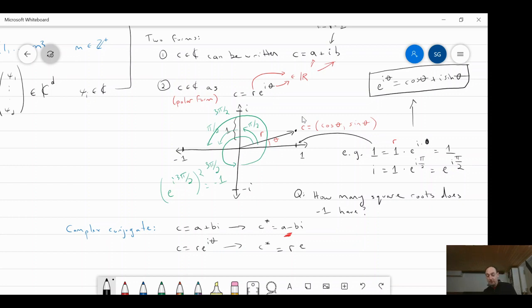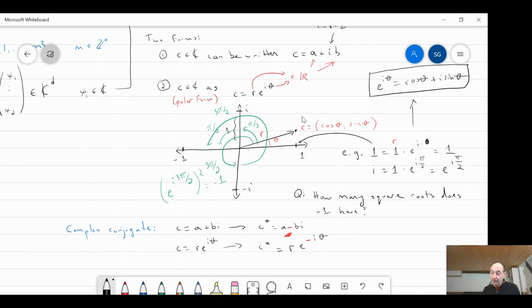What do you think should happen here? The complex conjugate hits i with a -1. That's the way the operation works. And where does i show up in the polar form? It only shows up in this exponent. So what happens is, let's fix that in red, here I'll do a minus i theta. That's the complex conjugate of c written in polar form.